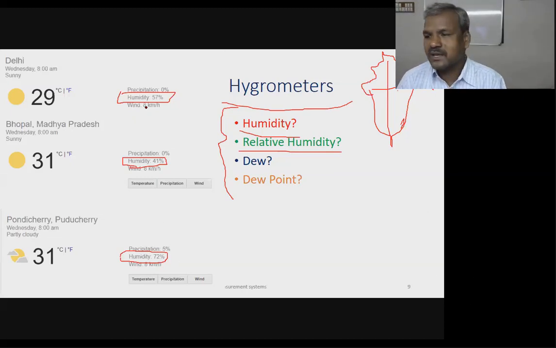If you go to the interior portion, Delhi as well as Madhya Pradesh or anywhere in Hyderabad, those places are in the middle region, not in the coastal region. So in that region, the humidity is mostly lesser than in the coastal area like Pondicherry. If you go to Kanyakumari, Chennai, West Bengal, or all those places, humidity will be more. So you realize the role of humidity, how much water vapor is contained in the air.